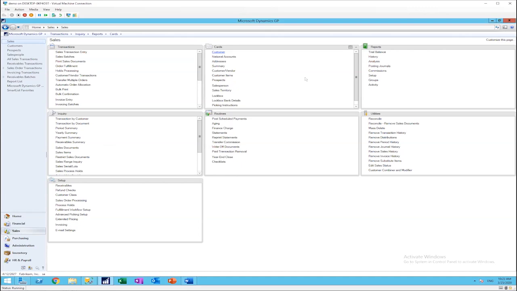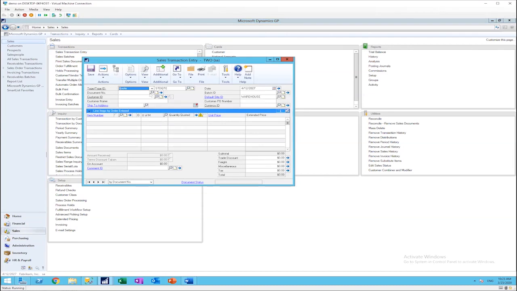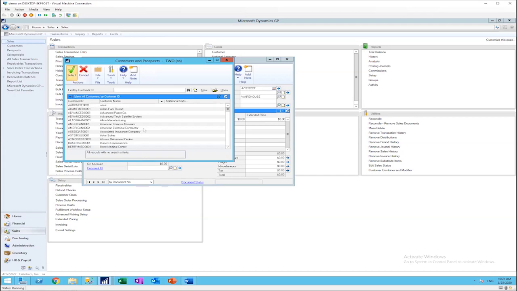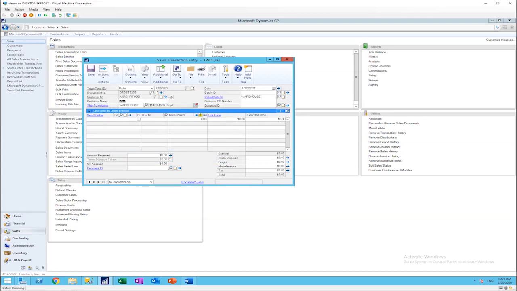Another area, for example, if we needed to check whether a customer has previous orders, so you want to check the customer historical information, you can do so with our item lookup. Now, under my sales transaction entry screen, if I am a person who is taking a customer order, I could start setting up the customer. All right, so for Aaron Fitz, which is my customer,